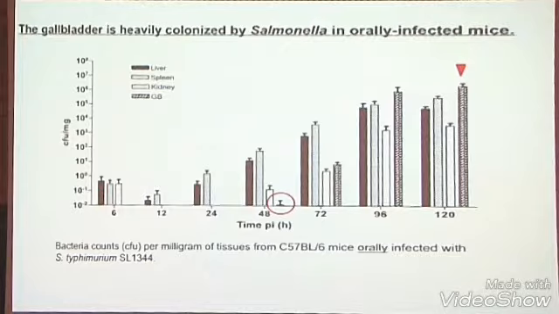You can see they go up and up and up in the liver and the spleen until 120 hours into these things. Well, when you start looking at the gallbladder, you start to see a few bacteria by 48 hours, but by 120 hours, the number of bacteria per gram of tissue is basically greater than that found in the liver and the spleen. There's a lot of Salmonella in these gallbladders. And so that then led Ellen and Alfredo to think, well, maybe there's something to be had here, and let's have a look at what actually goes on in the gallbladder.